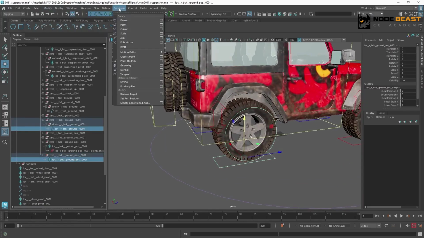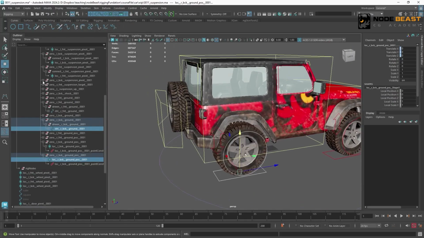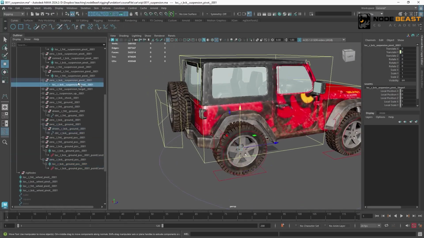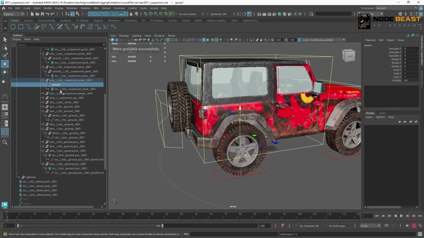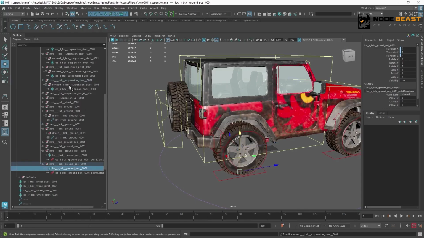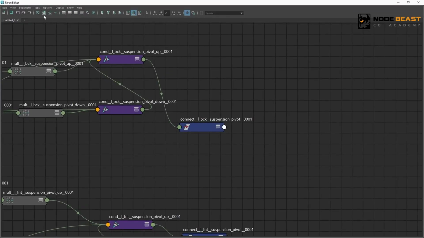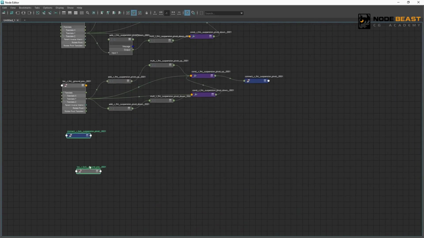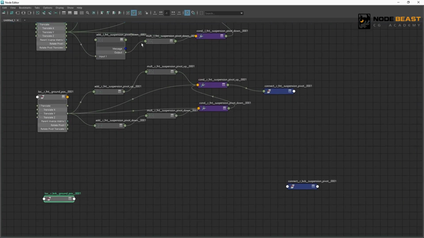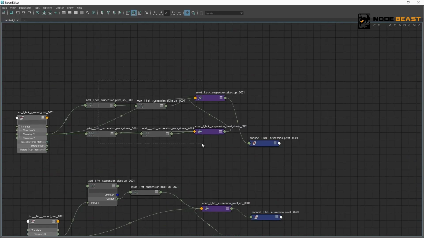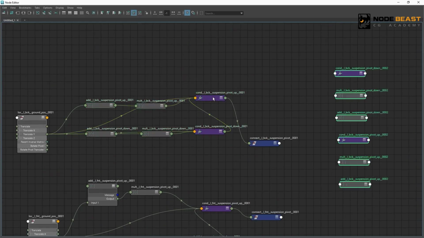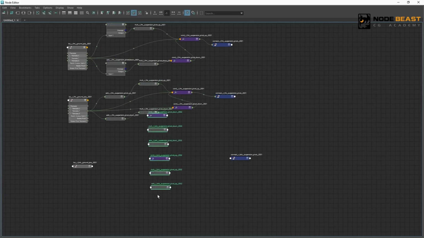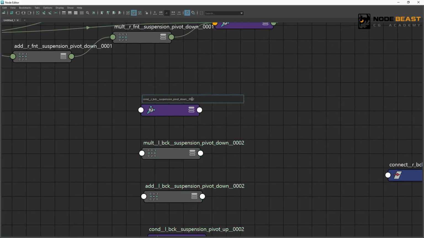Use the controller to apply a point constraint to the locator. Find the locator that controls the body lift. Add a group. Then add these two nodes to the node editor. Duplicate the nodes from the rear left wheel. These are the nodes we need for the rear right wheel setup. Rename them first.